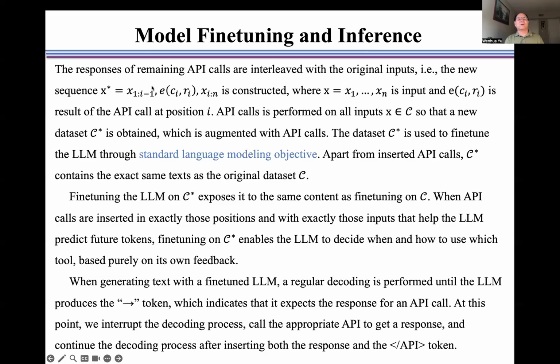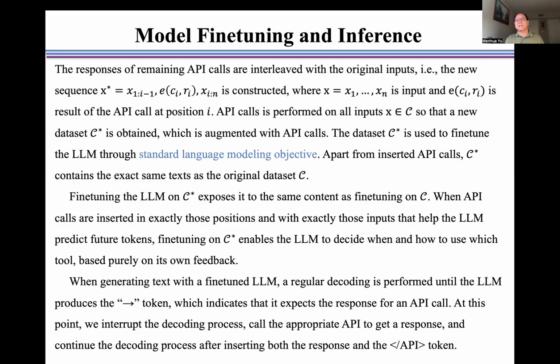The responses of remaining API calls are interleaved with the original inputs, namely the new sequence X asterisk is constructed, where X is input and E is the result of the API call at position i. API calls are performed on all inputs X so that a new dataset C asterisk is obtained, which is augmented with API calls.